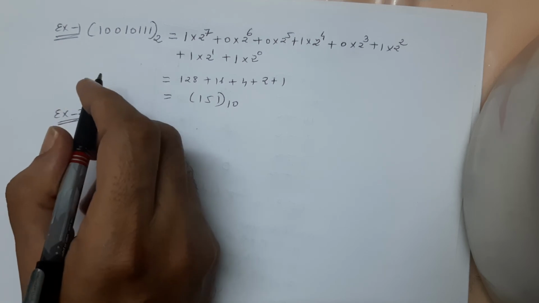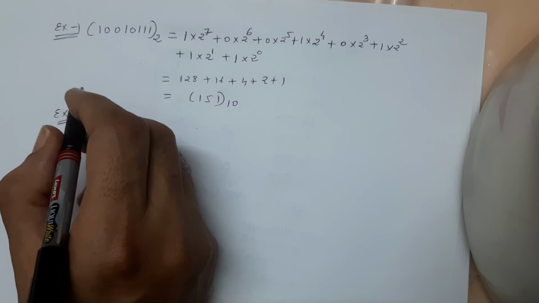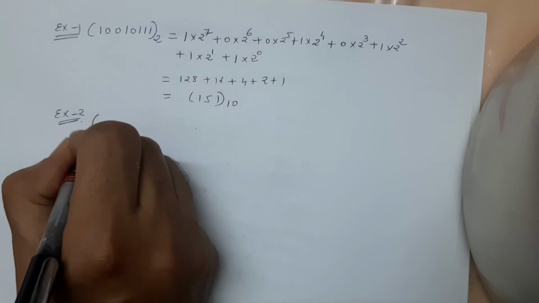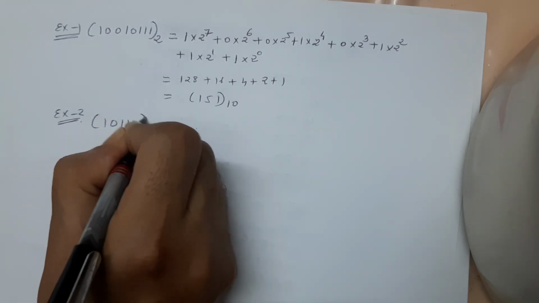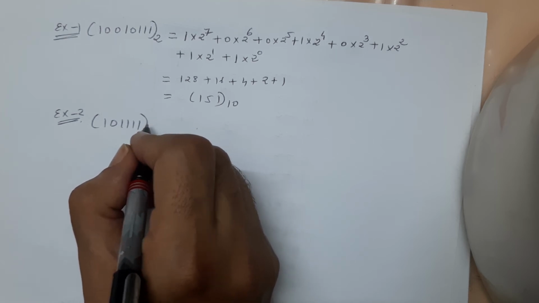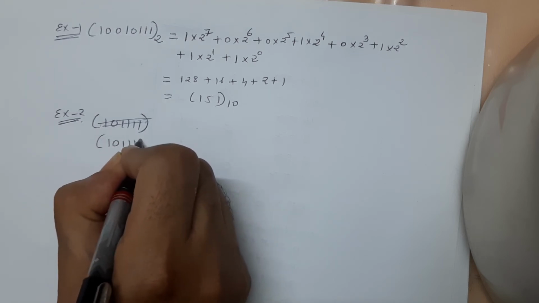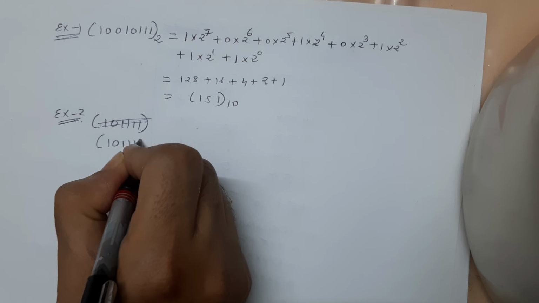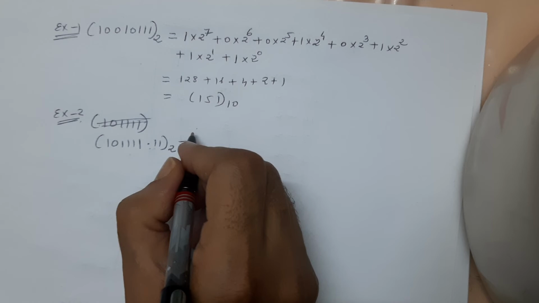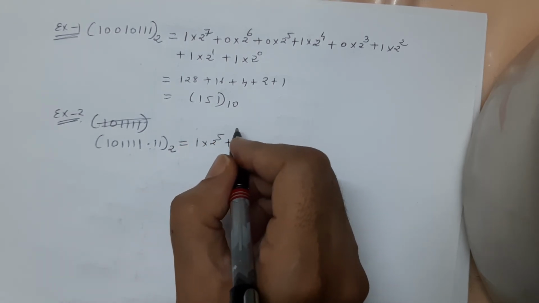convert this binary to decimal. 101111 point, 0.11 binary, it is equal to 1 into 2 raised to 5 plus 0